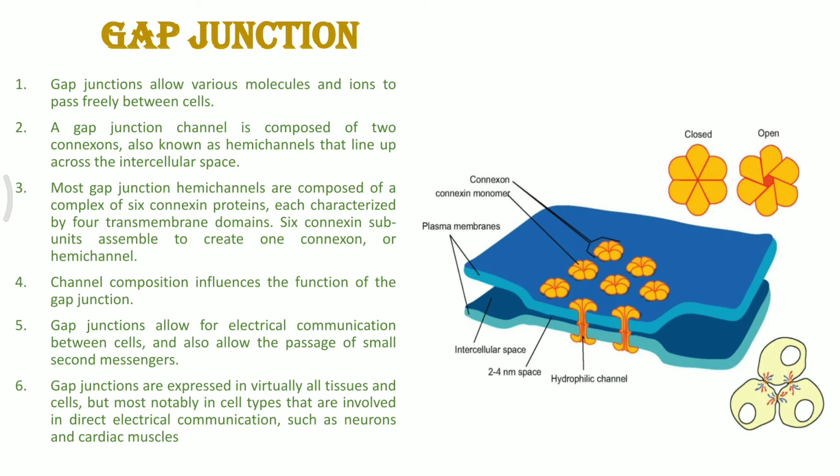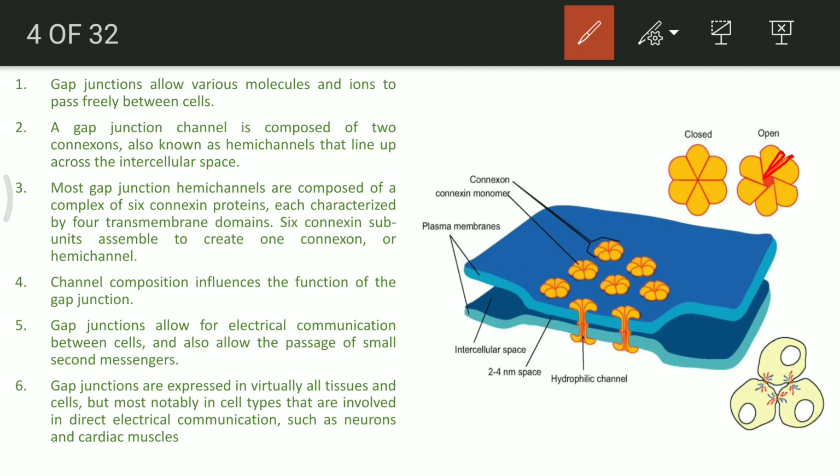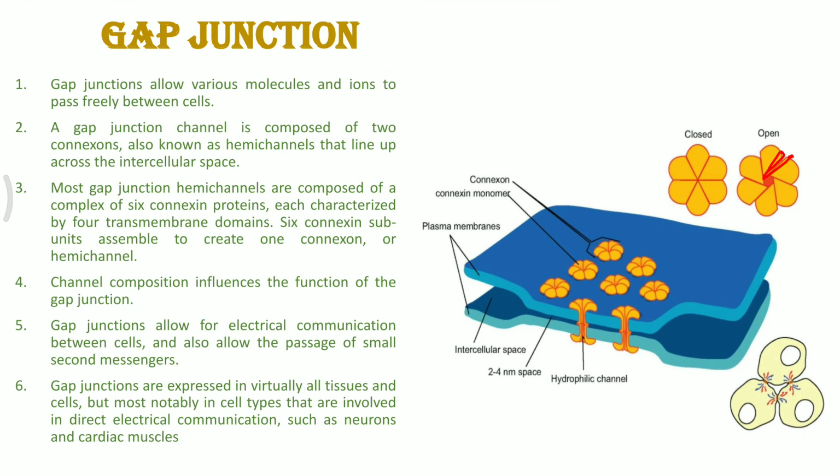The two plates which are visible are two different cells, and the outer coverings are the plasma membranes of the two different cells. In the open structure, they are in a crisscross manner, so that certain gaps are formed at these surfaces, and from here the fluid can flow from one side to another. Most of these gap junctions are formed from these hemichannels, and each hemichannel has six connecting proteins which make up the transmembrane domain.